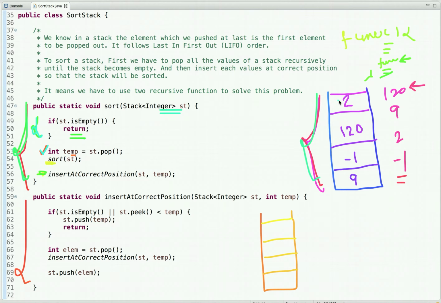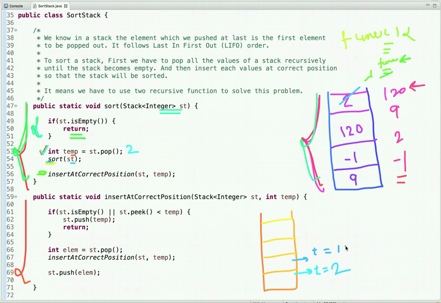In temp we pop the value from the stack, so 2 will be popped out, and in temp we put 2. You can imagine it will be registered here with temp value 2, and then we call this method with this stack. Now 2 has been popped out. In the next function call, the stack is still not empty.